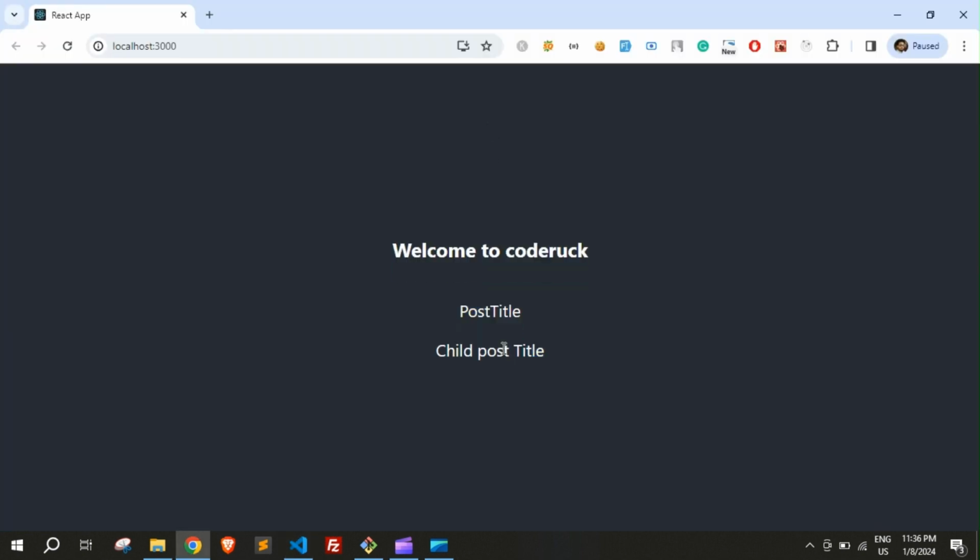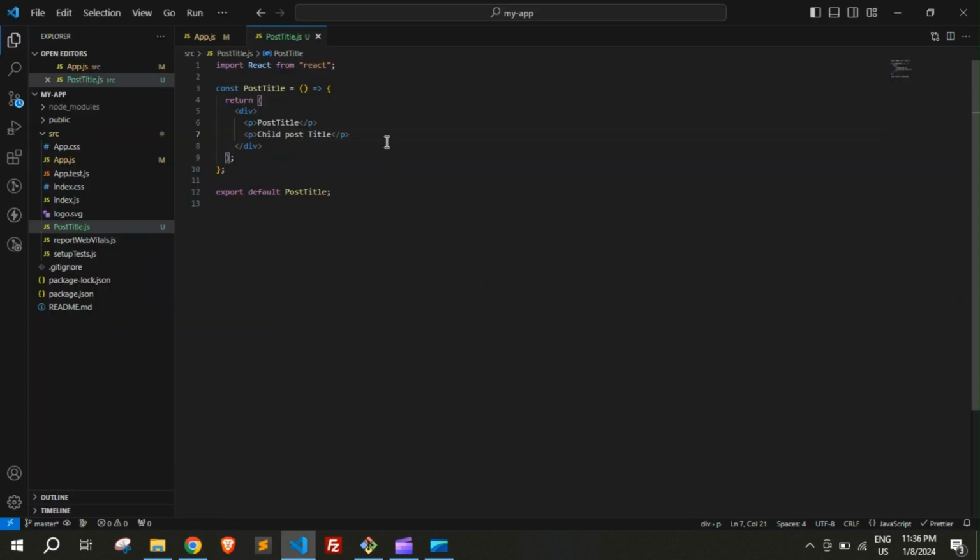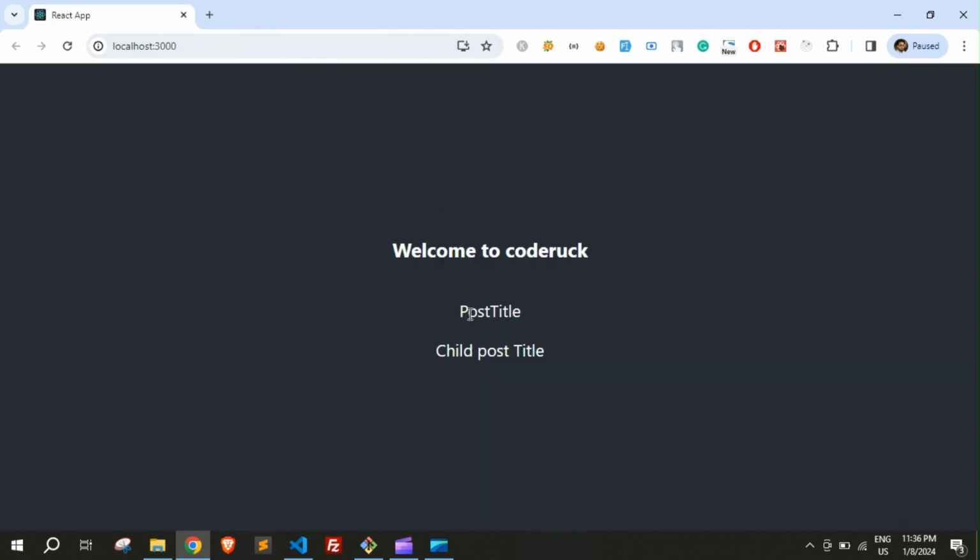Now if you see the post title, what we are doing right now is that every time we create a new component, we have to wrap it inside one parent element, but we don't want that kind of scenario. Why? Because if we inspect this one, not here, like this one,